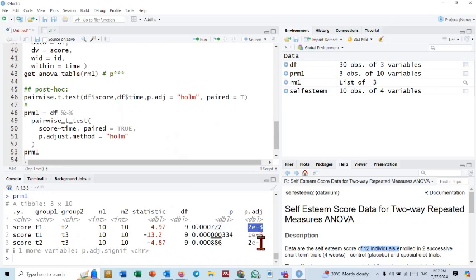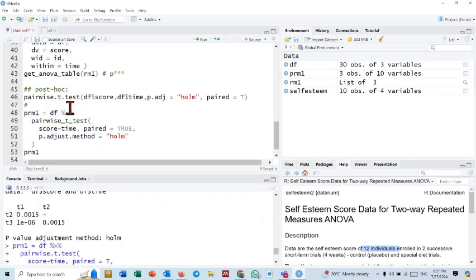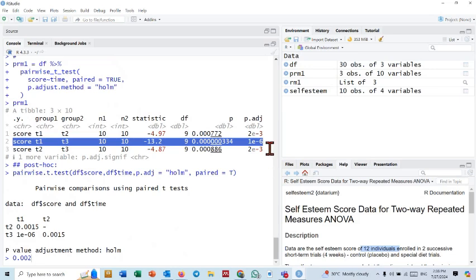The adjusted p-value is 2 power minus 3. Is this the same as our former result from above? I run it again to make it clear, whether they are the same or not. Here, 2 power minus 3, which is equal to 0.002, which means this value rounds up from 0.0015. For T1 to T3, the adjusted p-value is 1 power minus 6,